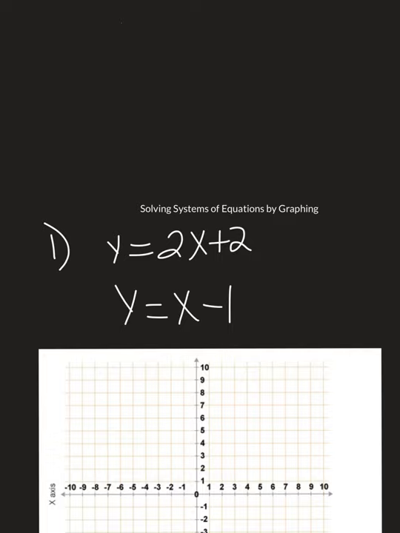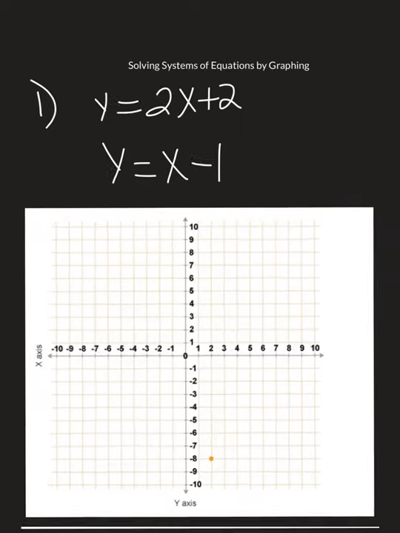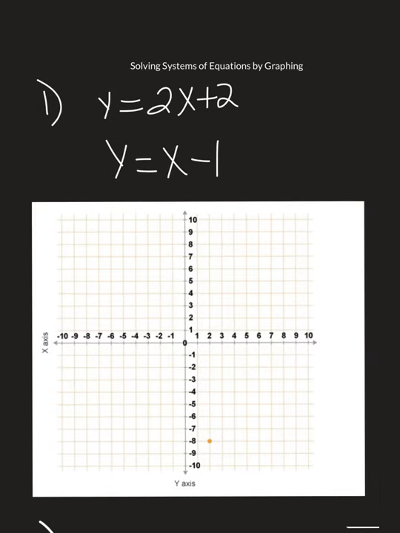So, the first thing that we're going to need to do is graph our first equation. Our first equation is y equals 2x plus 2. So we know how to do this, right? The first thing we always do is plot the y-intercept. Our y-intercept is 2, right? Because this is in y equals mx plus b form. And we know that the b, or the 2 in this case, is our y-intercept. So we're going to graph that. And when we graph that, we're going to get our y-intercept to be right here